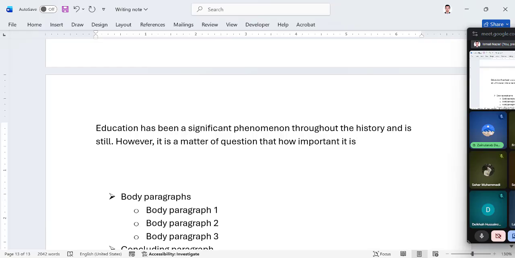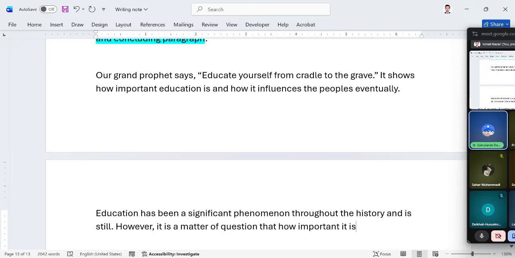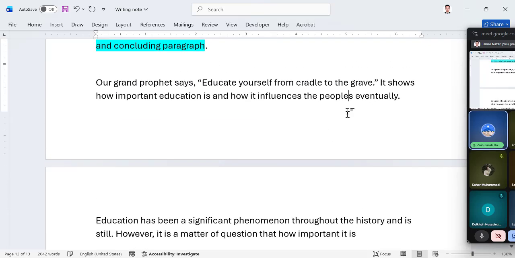Yep, Miss Zainul Arab. Yes, teacher. Excuse me, teacher. I have a question about the peoples. You wrote there, peoples, right? Yes, please. Yes, this one. Is it correct? Here we have apostrophe. Yes, I forgot. Yeah. Oh, okay. Thank you.